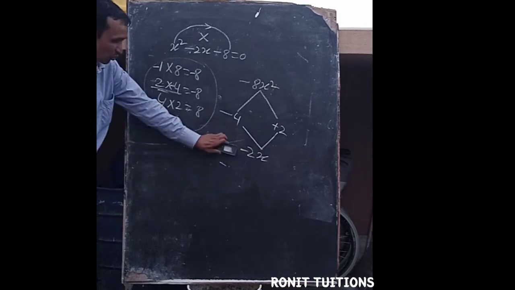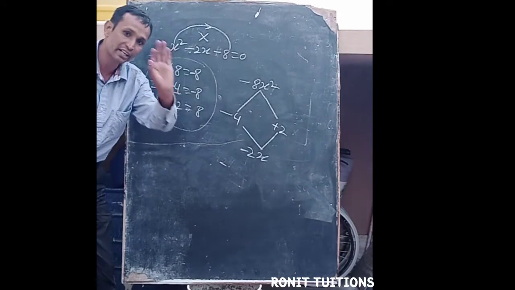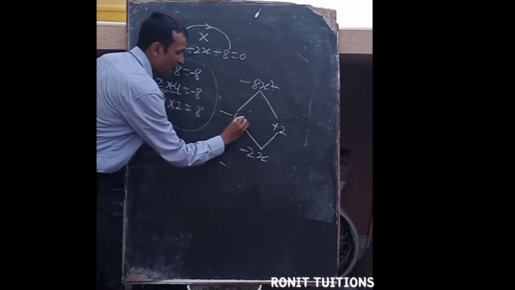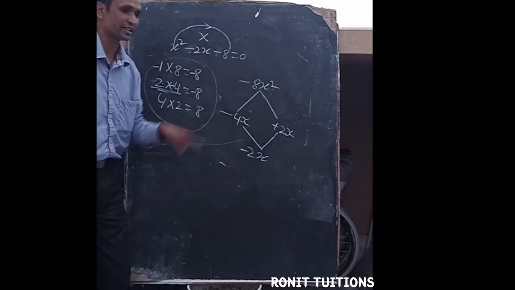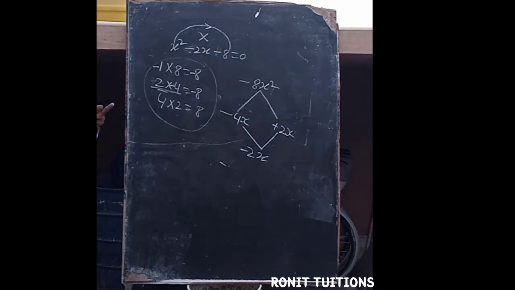Understand? What you understand? Whatever the sign here, that sign goes to the greater number. So here x is written. I can write x, because of multiplying we can get it. Understand this one? So, okay.